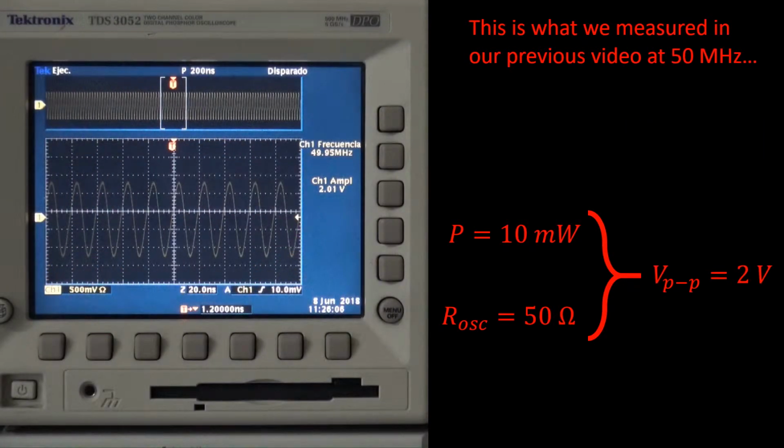We did something similar in a previous video with a 50 ohm impedance. We found that the simplest model can be used to accurately predict the voltages, provided that we work at low frequencies. We demonstrated this by doing measurements at 50 MHz. Okay, I don't want to complicate my life. I just change the oscilloscope impedance to 1 megaohm, choose 50 MHz again, and try to predict the peak-to-peak voltage using the simplest model, as we did before.